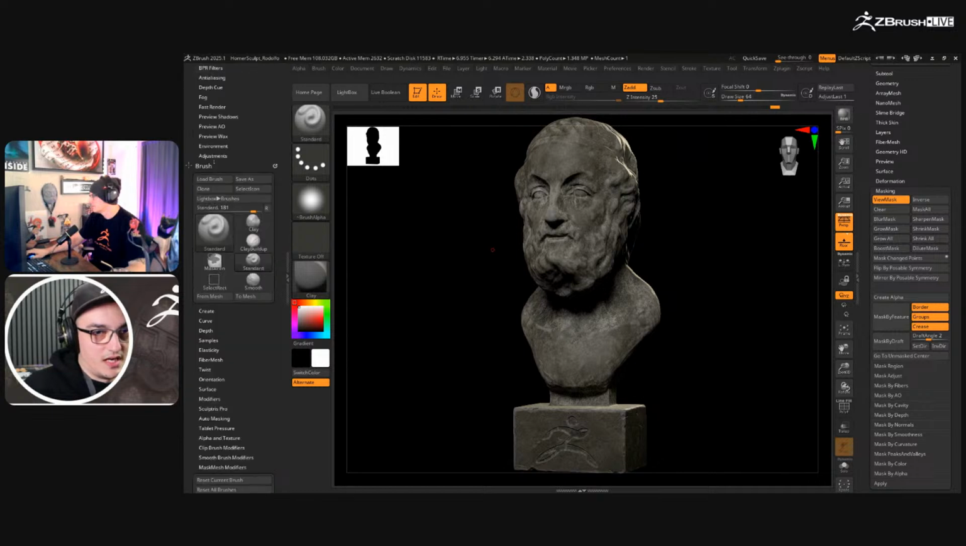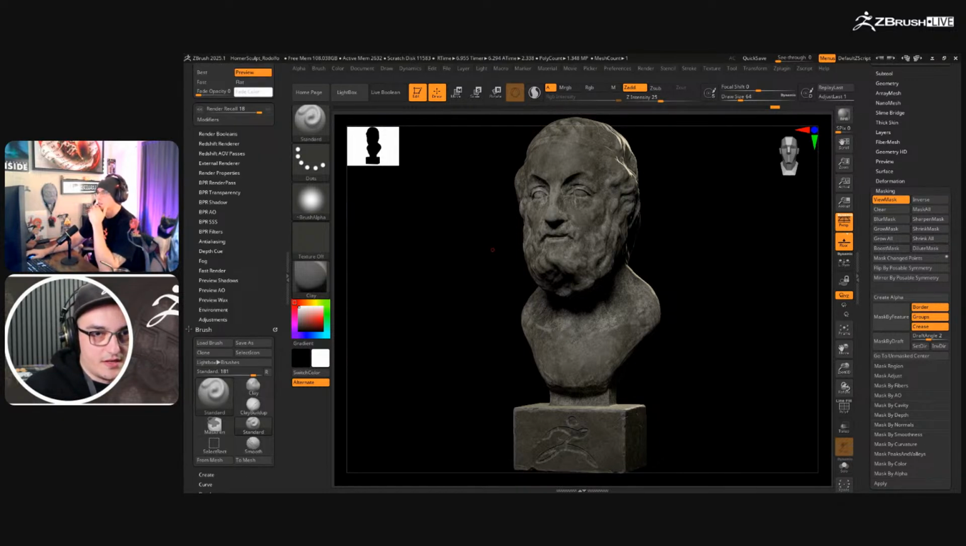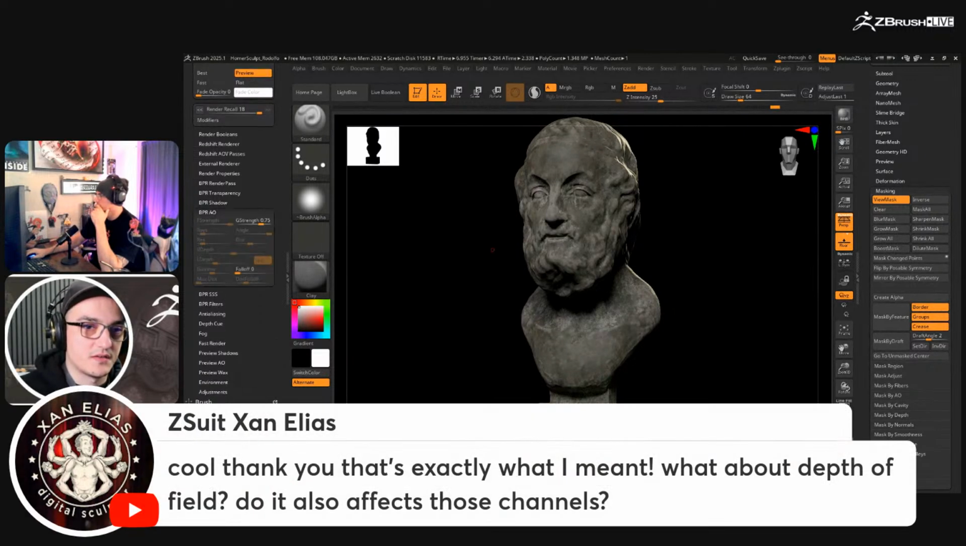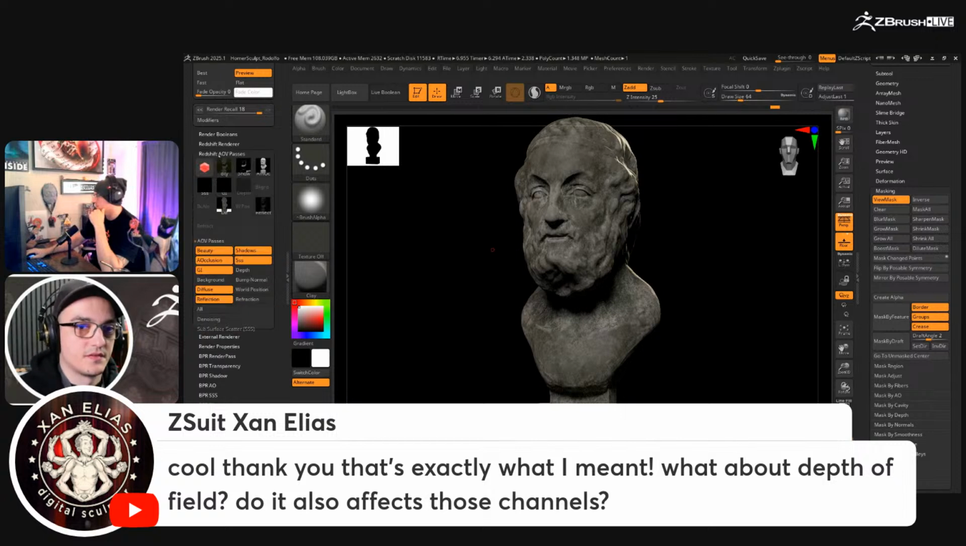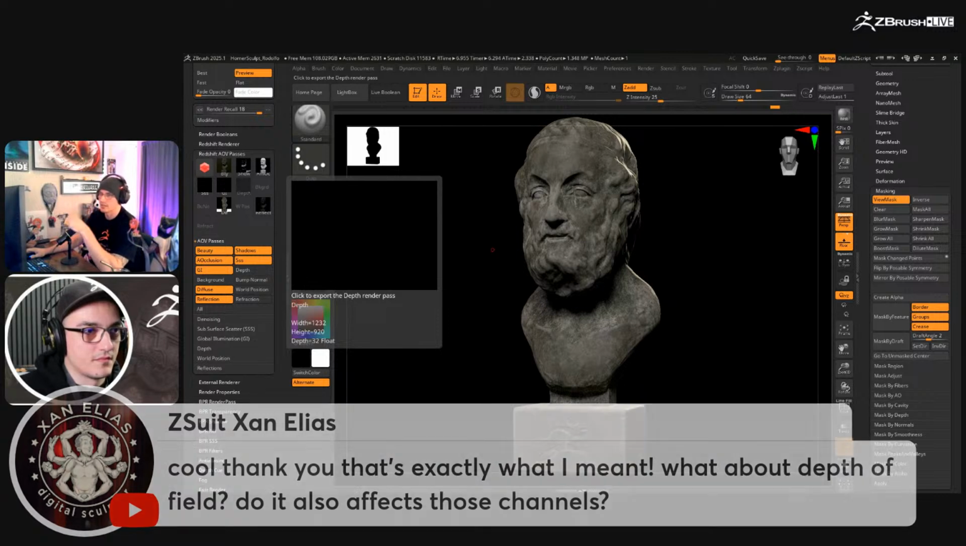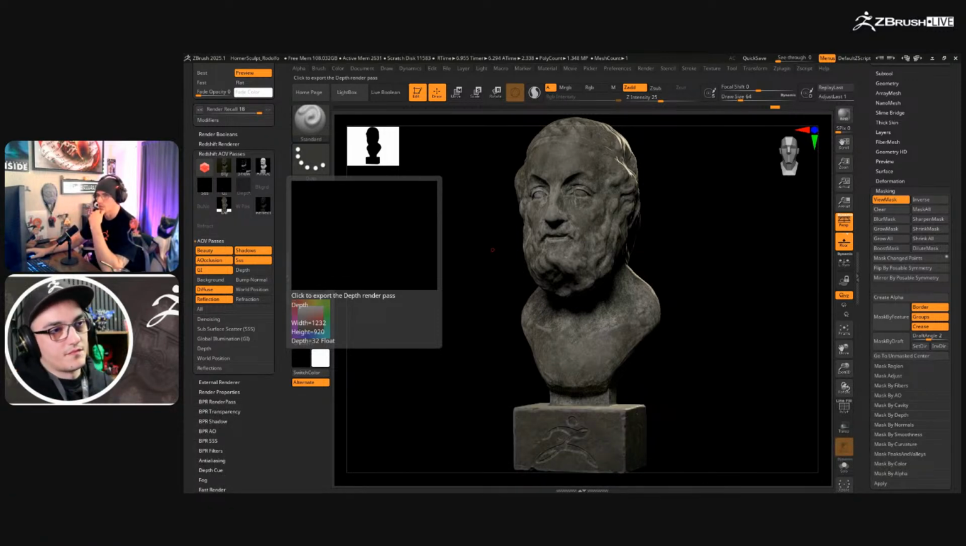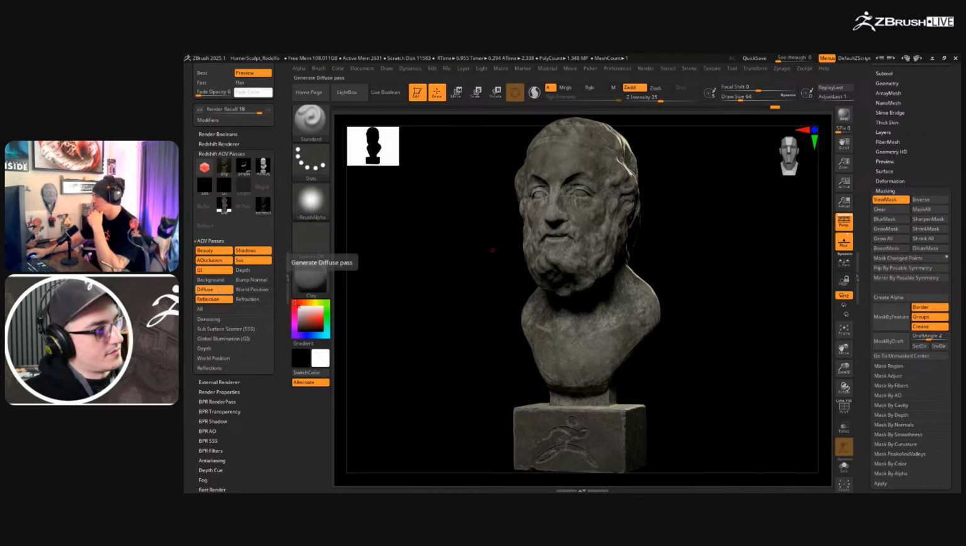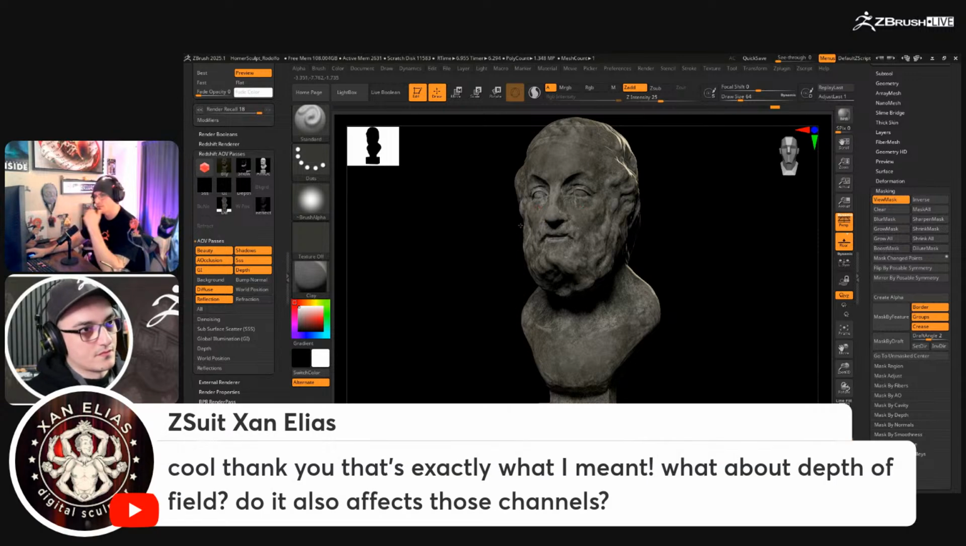Very cool. So I have a question here about depth of field. Does it also affect those channels? Let me just put that on. Yeah, so we do have a depth channel. If you are using depth of field, that should also populate. So you can use that depth in Photoshop or whatever software you're using to composite the finals, absolutely. So every time you render, as long as it's checked and you have depth, it will go ahead and do a depth pass. I don't have any depth information on here, but